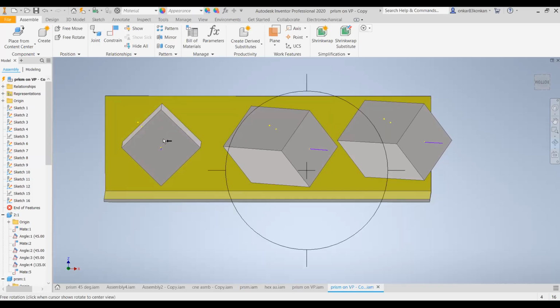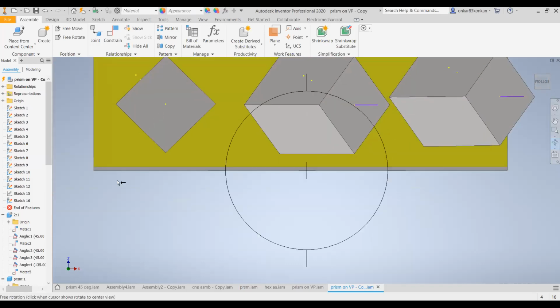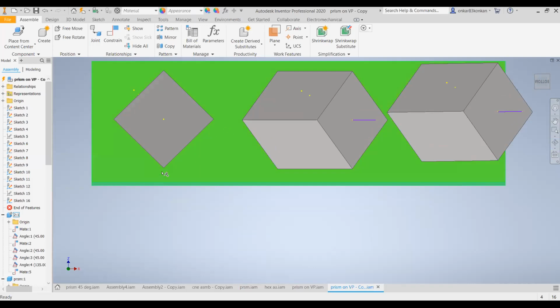So from this front view, take the projection in the top view. So you should project these corners. So suppose this is A, B, C, and D. Okay. So project these points in the top view and then complete the top view. So when you draw this front view, we imagine that the axis of that prism is perpendicular to the vertical plane and it is parallel to the horizontal plane. Okay. In that condition only we can observe the true shape in the front view.